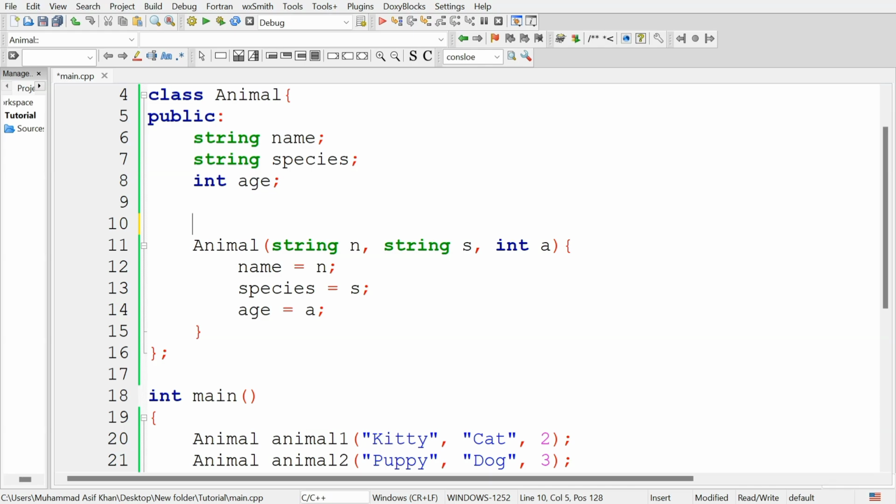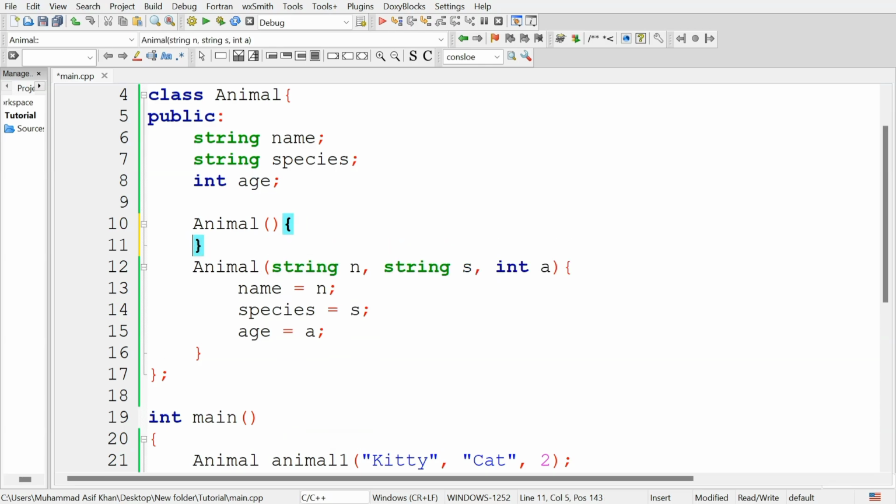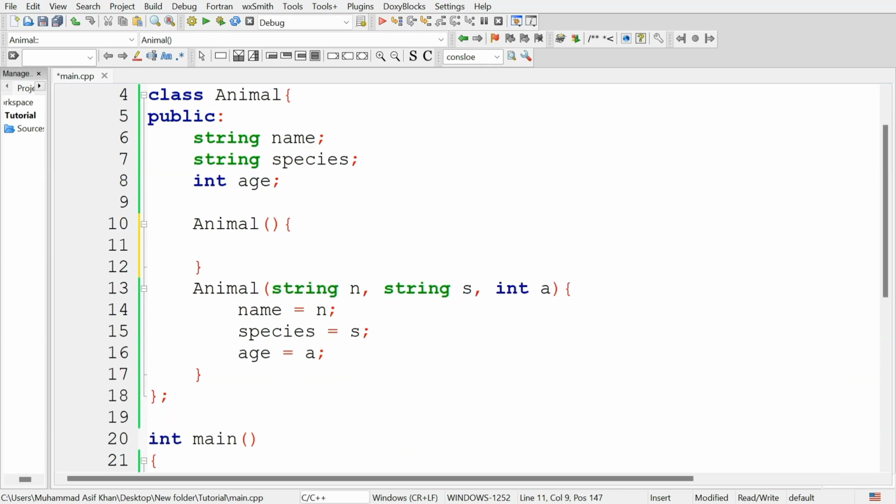So name it animal, as the name of the constructor is similar to the name of the class, and there are no parameters for this constructor, as we will create an object and we will not initialize its attributes at the time of declaration.